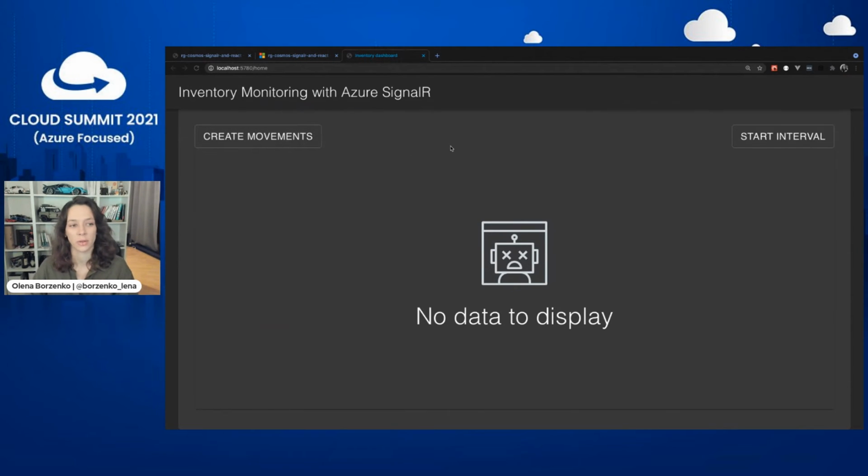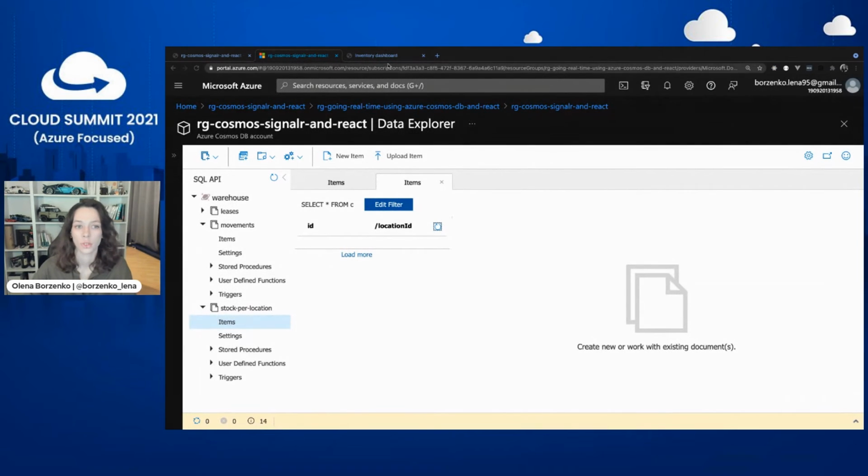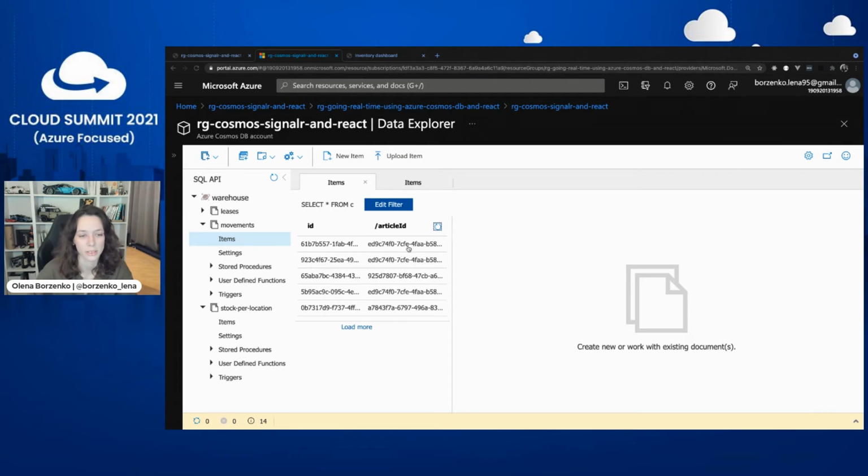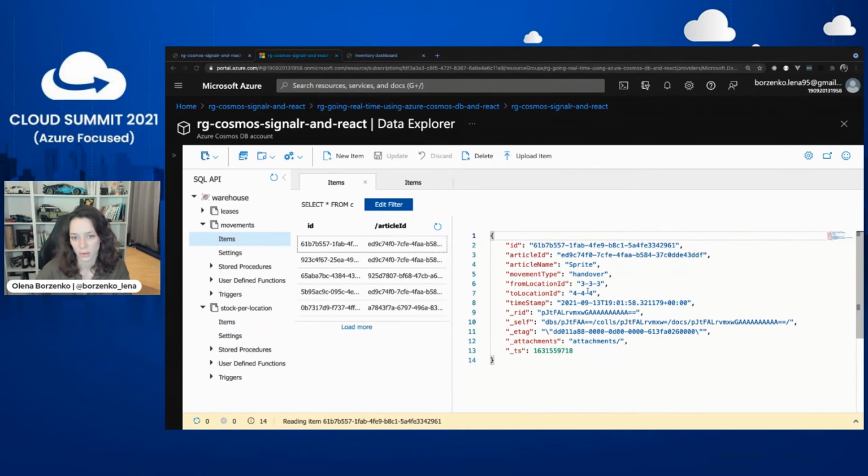I just want to trigger creation of a few movements to show basically how the movement itself looks and how the stock per location is created. And I hope that demo will work. Yes, so here's our document,